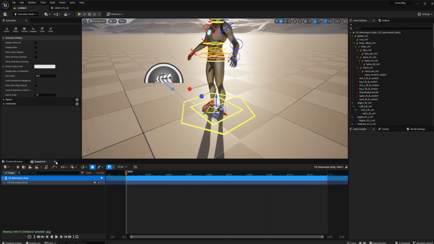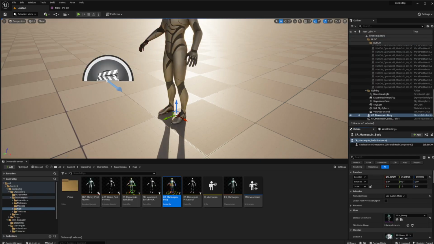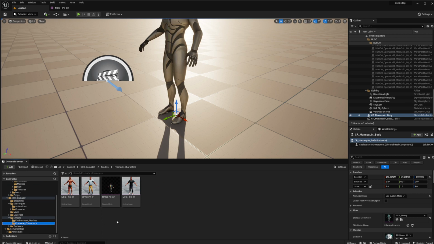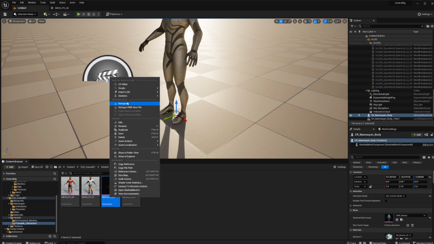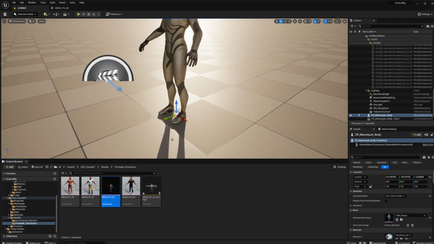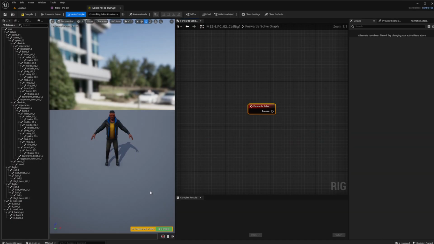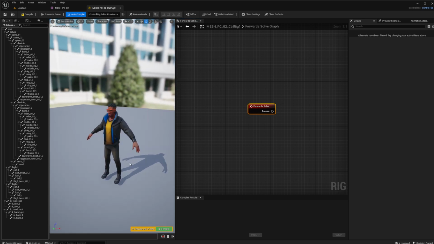So let me shut down this sequencer and jump back into our pre-made characters. In the pre-made characters, here's my character, one of the characters that is available in that kit. If I just take my skeletal mesh, right click, come up to create, and then go over to control rig, it's going to create my control rig right here. And then if I double click on that and open it up, you're going to see that I now have